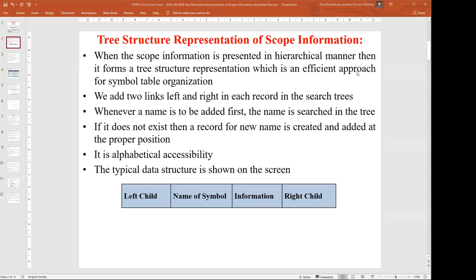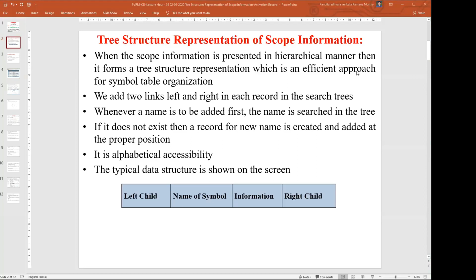Hierarchical is nothing but parent-child relationships. Whenever we represent the scope information in a hierarchical manner, it forms a tree structure representation, which is an efficient approach for symbol table organization.